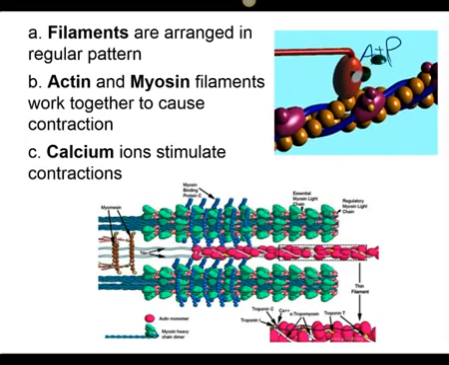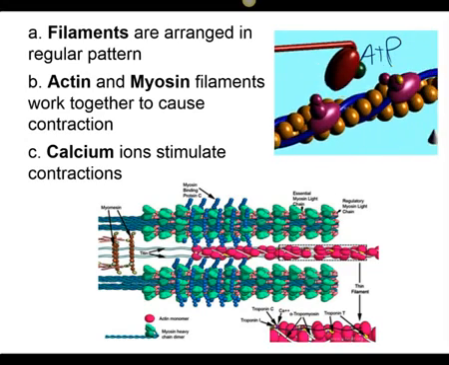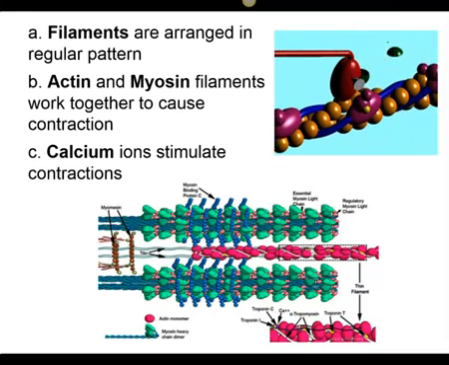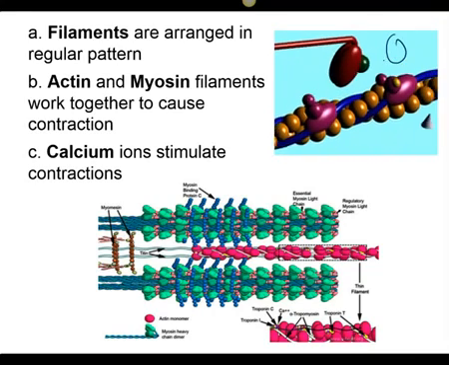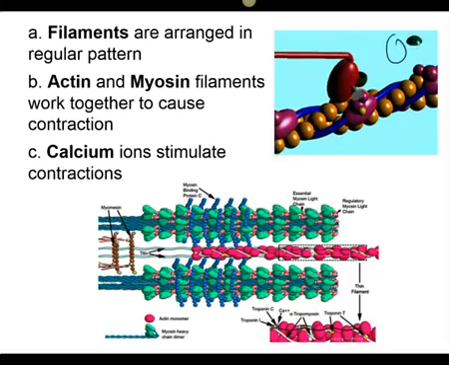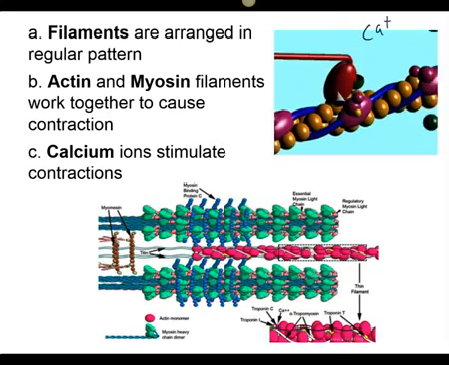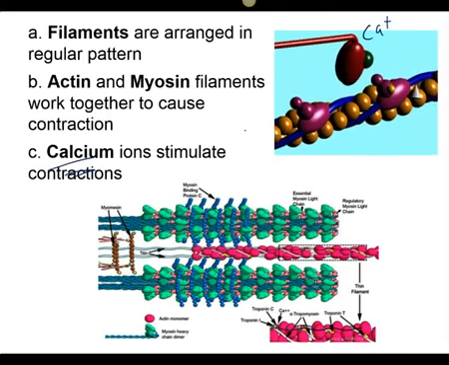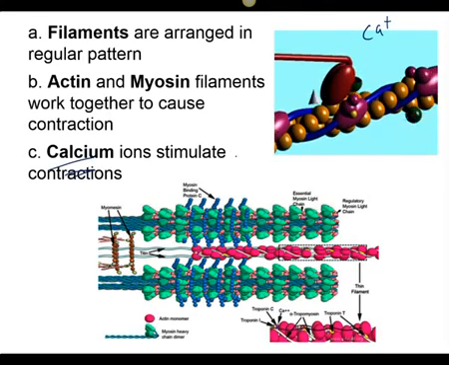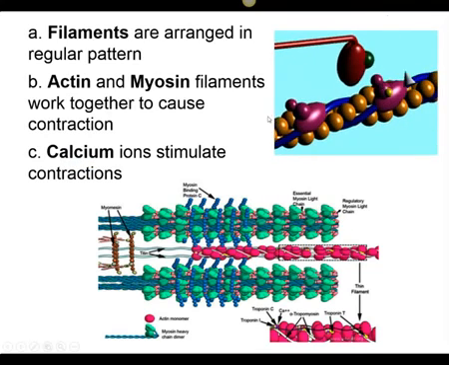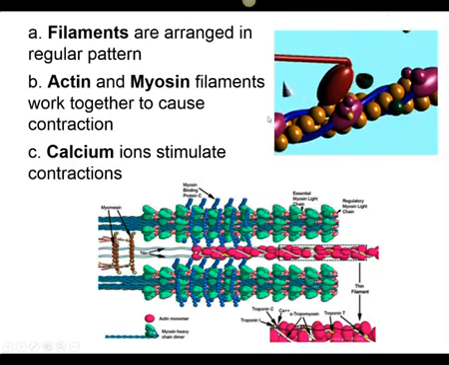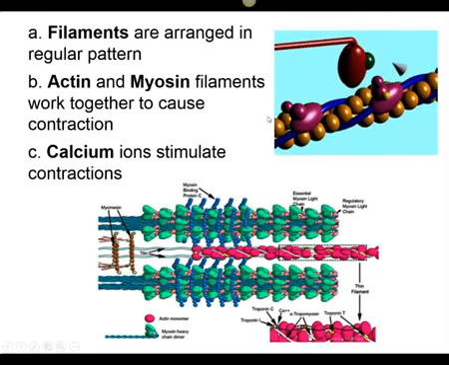So in order for us to contract our muscle cells, we need ATP. See this little circle guy right here? That guy right there coming in and bonding and moving away the binding site? That is going to be calcium. So it's important for calcium and ATP to work together for our muscles to contract, right? And so that's how we burn a lot of calories by muscle contractions, because you need a lot of ATP in order